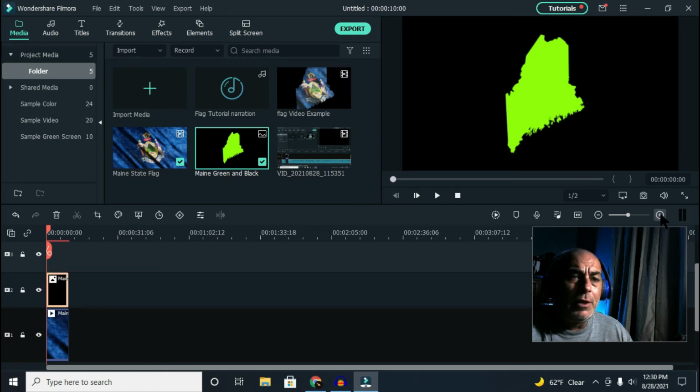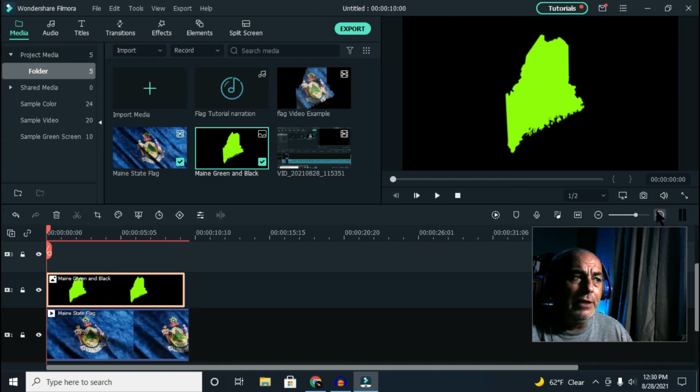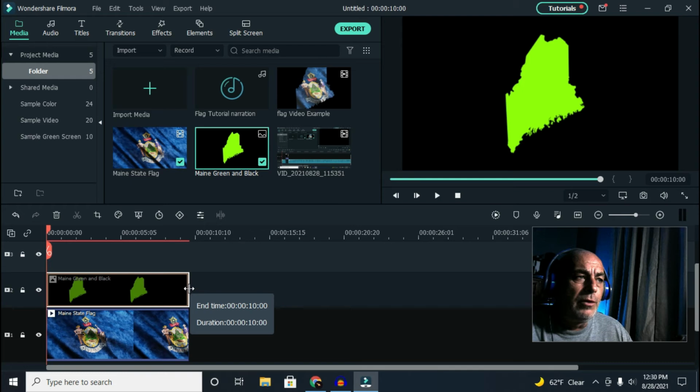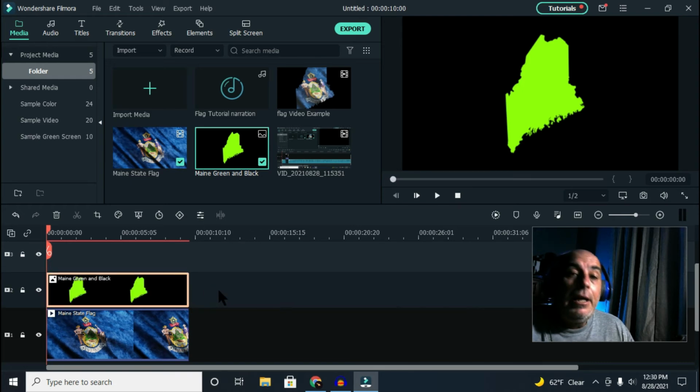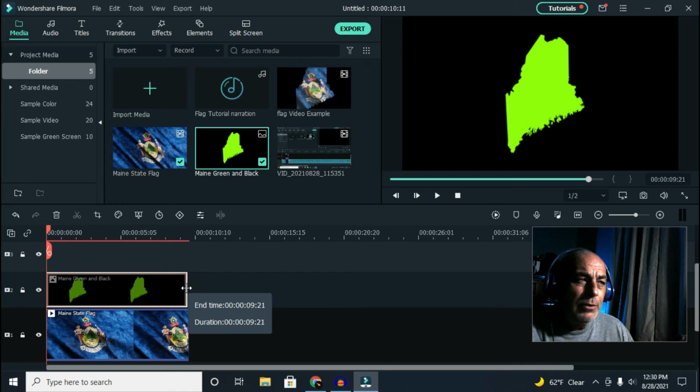And if at all possible, click this little plus bar over here to lengthen your footage so you can see what you're doing better, and that way you can line them up better. So I want them to be the same length. If you have footage that's immediately going to go underneath it and you want it to overlap a little bit, you can, like that, so there's a little bit of a gap, but it doesn't really matter for right now. When you go to render this out,